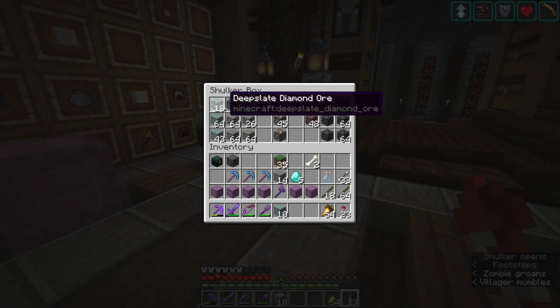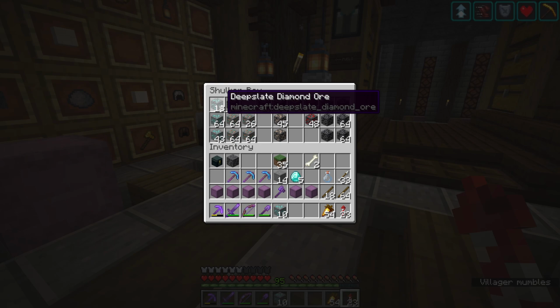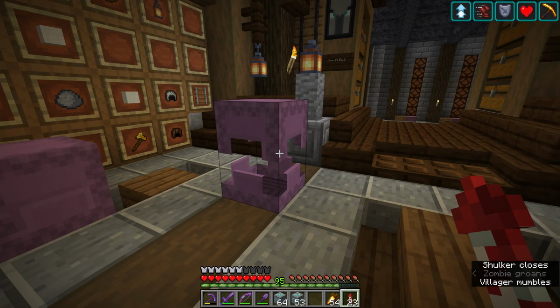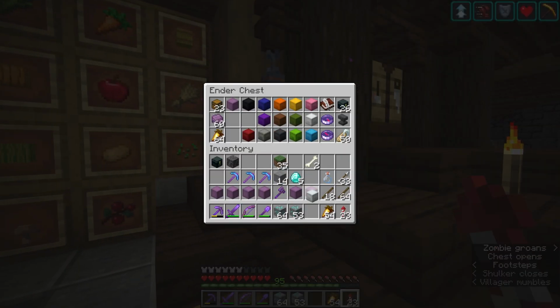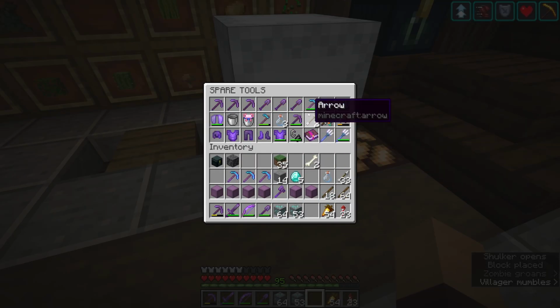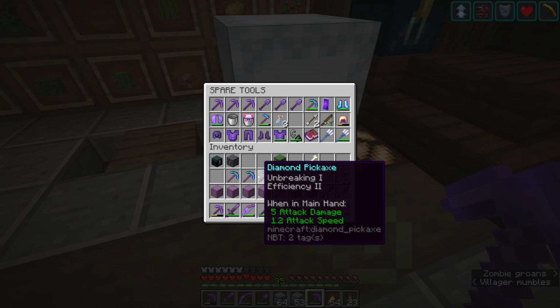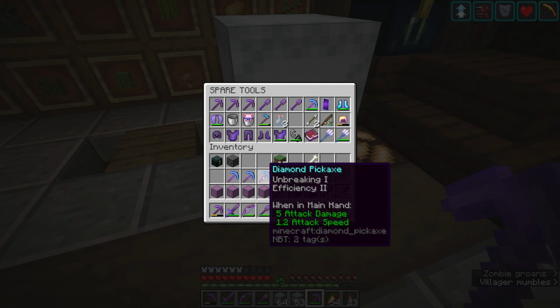Now, I'm going to actually keep the deep slate diamond ore just because I like the texture of it, and I feel like it's a little bit rarer, but we're going to grab this normal stuff. And if we come over to the spare tools, we're going to grab our Fortune's Favor and fortune up these diamond ores. And these three here, these diamond pickaxes that I just bought before, I'm going to enchant them up